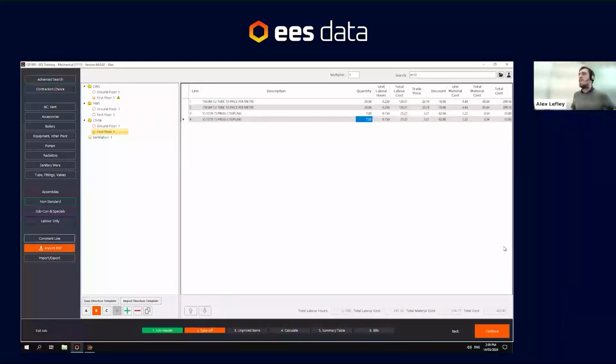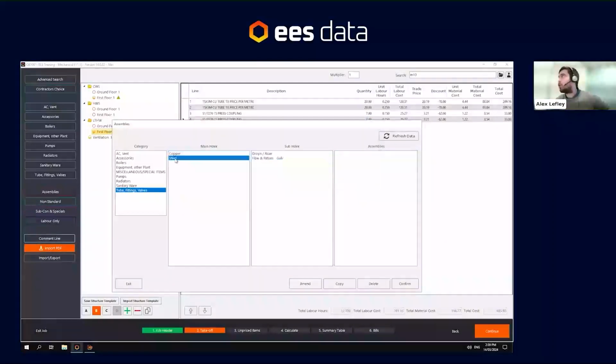Okay, so this is definitely going to make inputting a lot quicker because you can get it to incorporate multiple different lines at once rather than having to go find each one and duplicate it and everything else, right? Assemblies are really worth your time in actually creating these. You can do it for a lot more than just pipe runs. You can make it for any sort of fan coil arrangements, radiator valve sets,